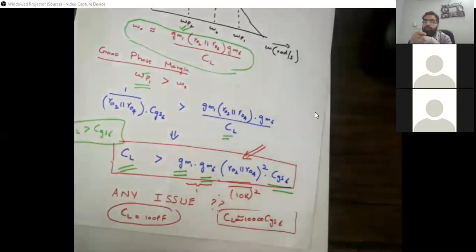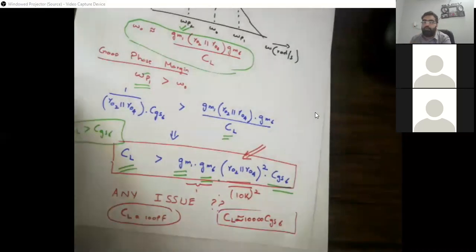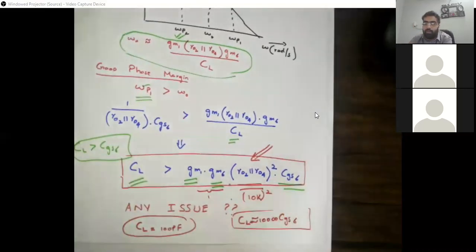ठीक है? So that's why this design is not reasonable for our integrated circuit or for our analog design, जिसको हम लोग एक proper design के तौर पे present कर सकें. So this is the issue with this design. In order to make the system stable with a sufficient phase margin, अगर हम ये design use करेंगे, the CL value has to be very much bigger, and which is not a reasonable value for an integrated circuit design. That's why we need to do something in order to reduce this CL value. ठीक है? ये point clear है सबको?